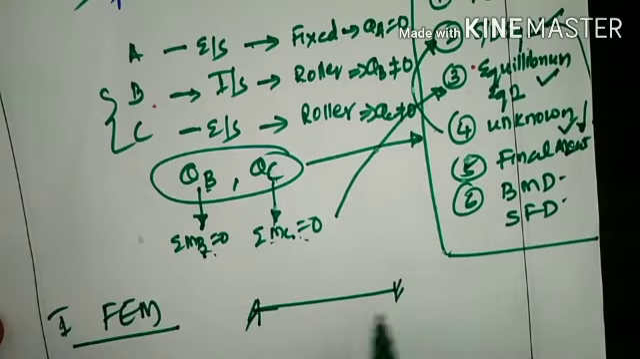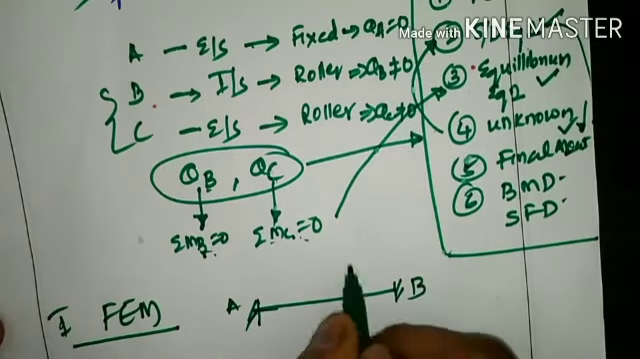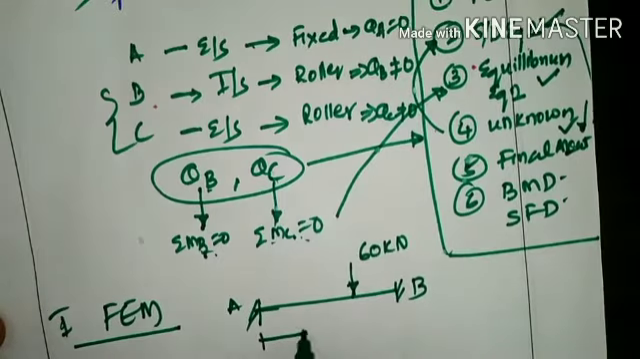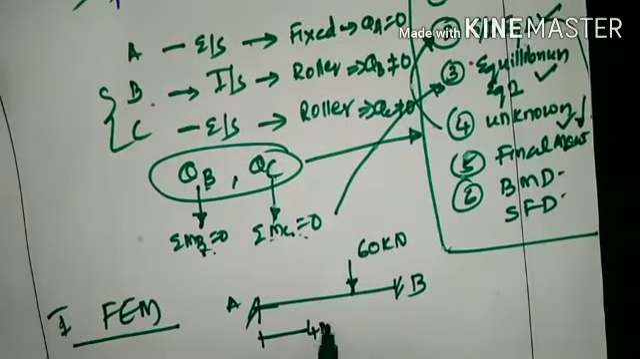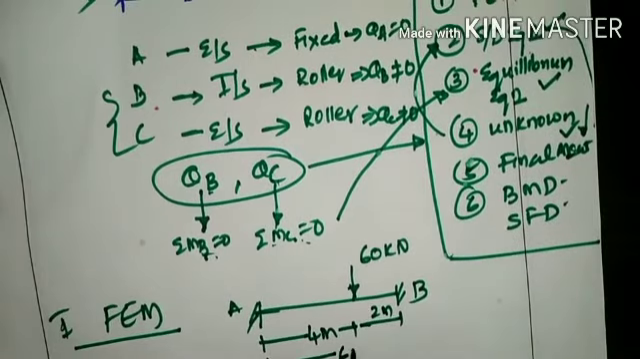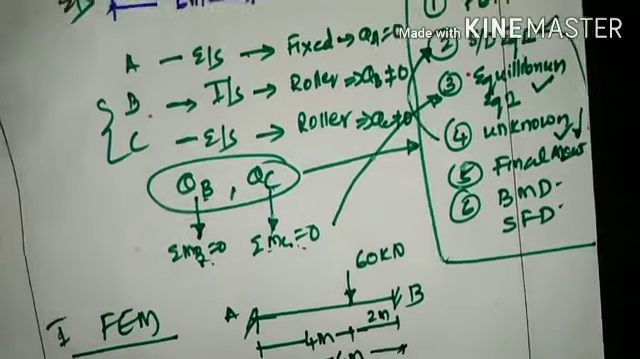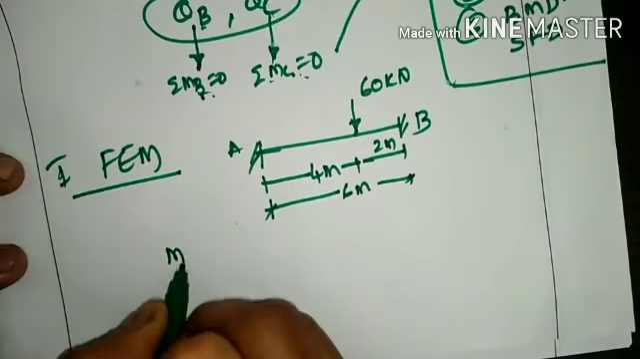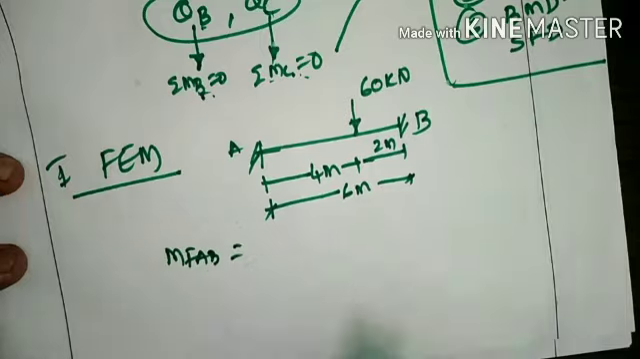This will be the diagram of A and B subjected to a point load of magnitude 60 kilonewton, placed at a distance of 4 meter from point A and 2 meter from point B. As a result, the total span between A and B is 6 meter. To start with the calculation, MFAB will be equal to